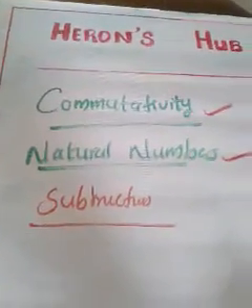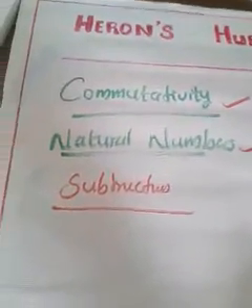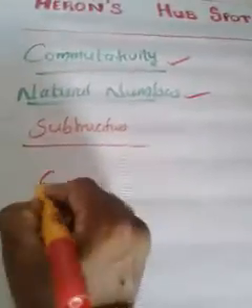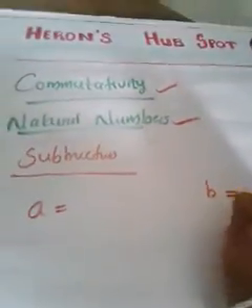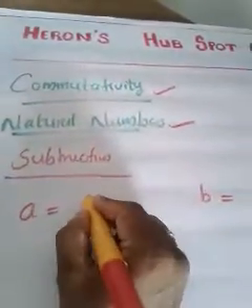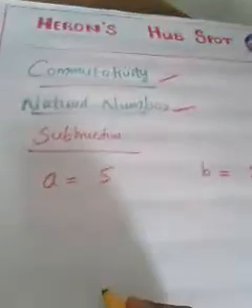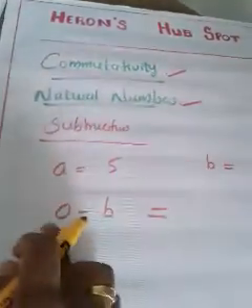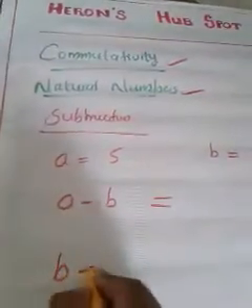Now I am going to check the same property, commutativity, in natural numbers, but for the next operation, that is subtraction. So we need two numbers A and B such that both A and B should always be natural numbers, like 5, 2. Okay, then what do we have to check? A minus B. Can you say a minus b only? No, we need b minus a also.